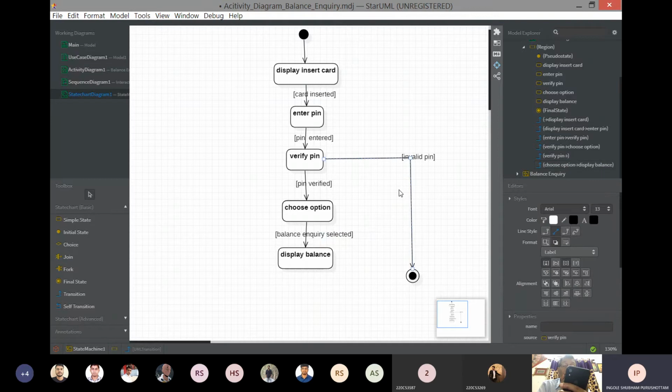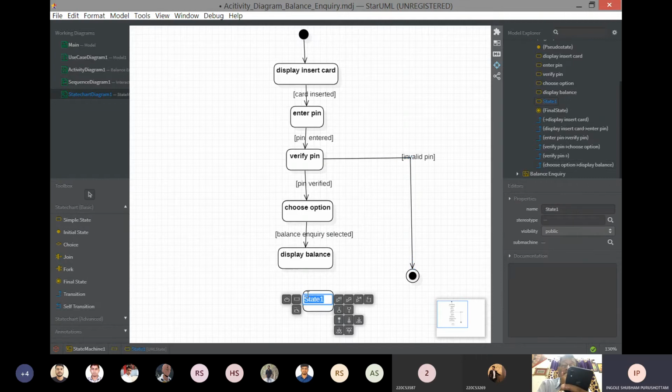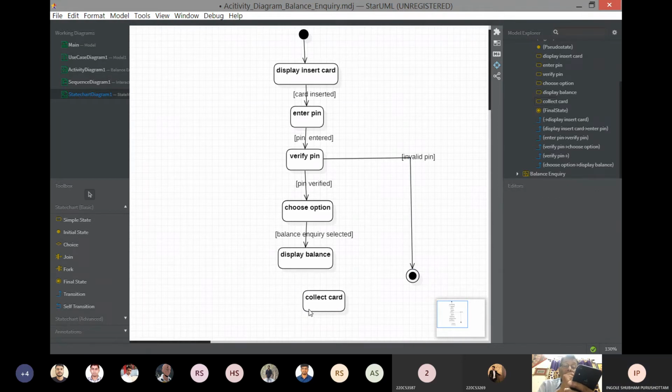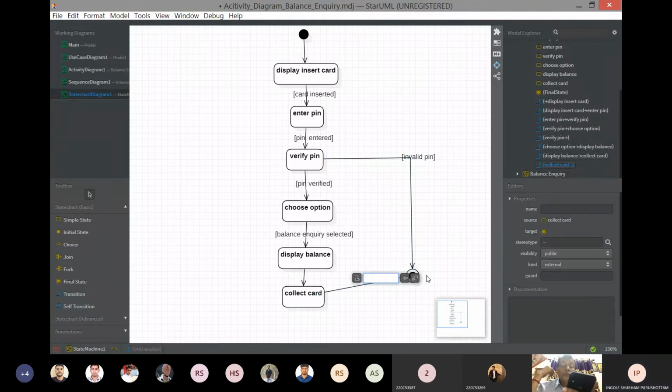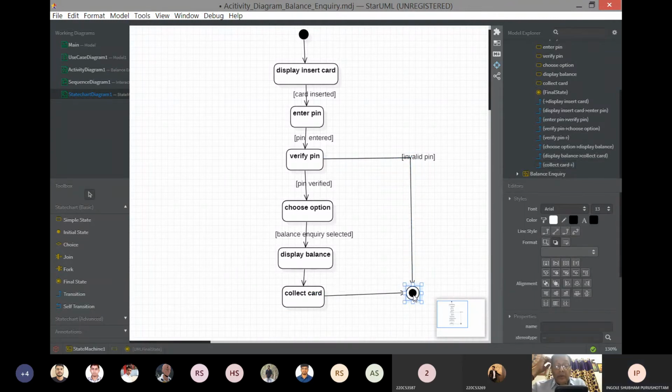The balance inquiry selected, and the final state is, from here we will go to the final state. So this is the state chart diagram.